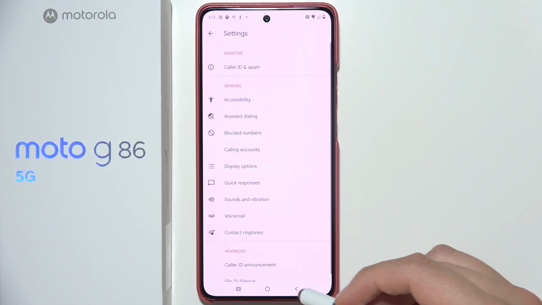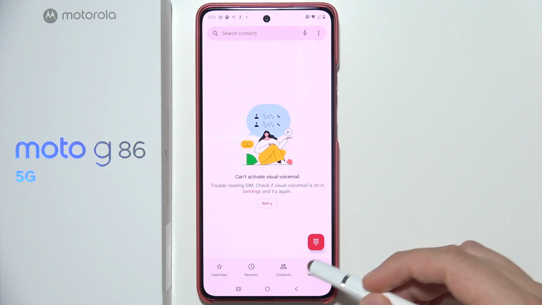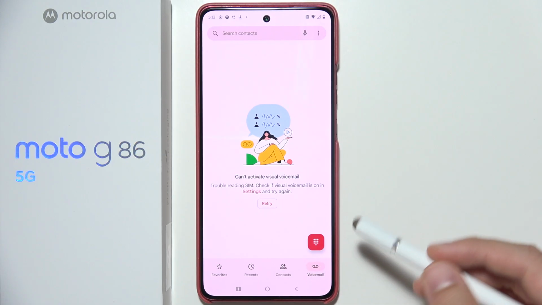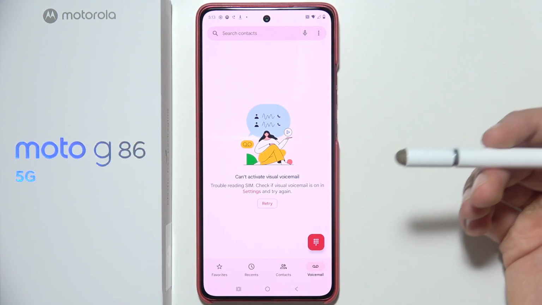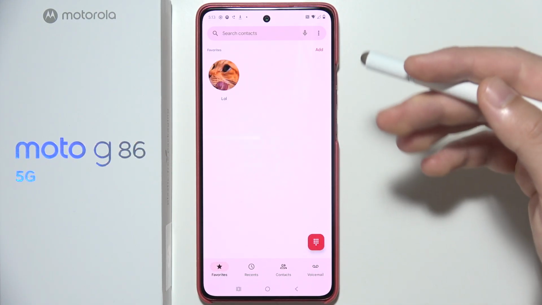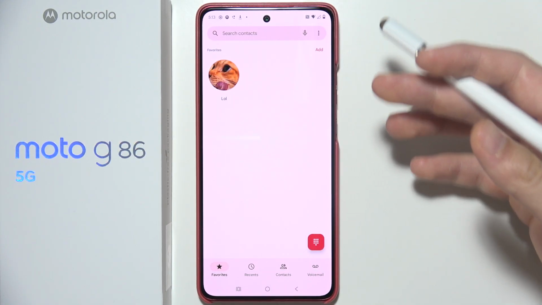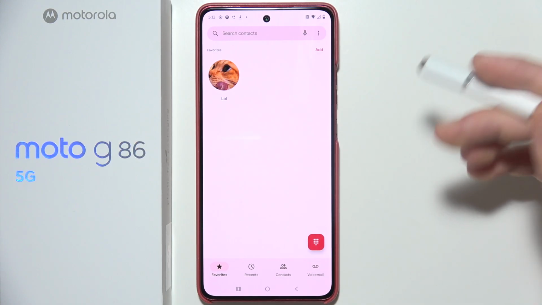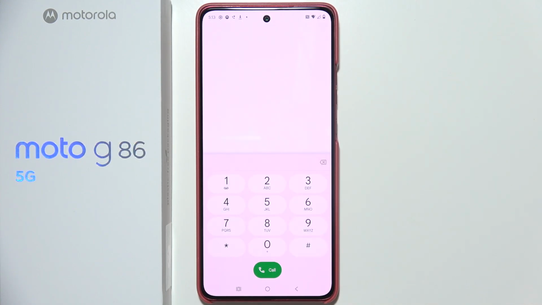And now, once you actually go back from this one, you can find this voicemail over here. In this phone, actually, I cannot use the visual voicemail. But now, if I want to set up my voicemail, like set up voicemail greetings or delete some voicemails, I will have to open the phone dialer, and now I have to click and hold one button where there's the